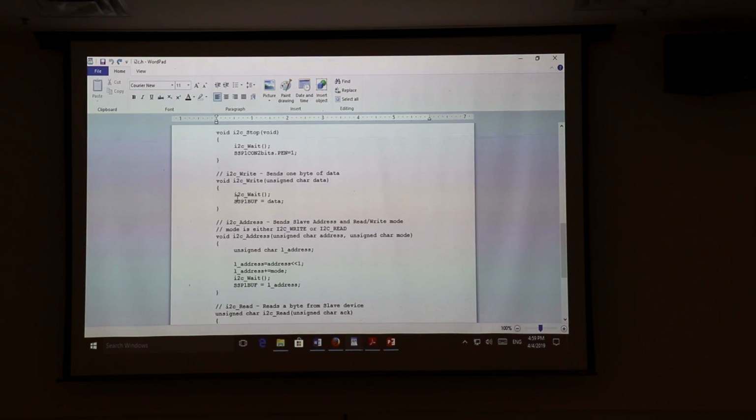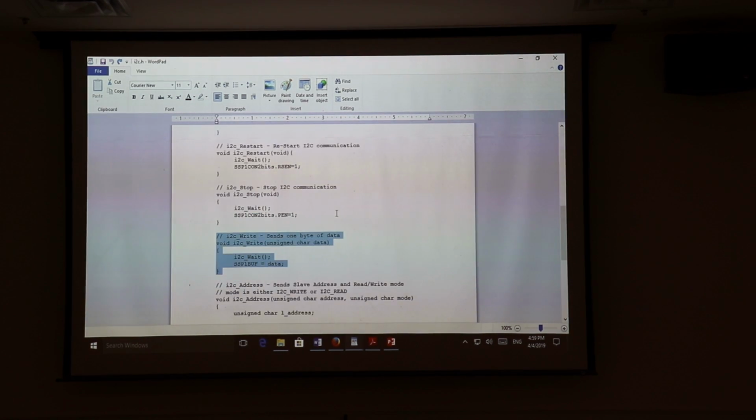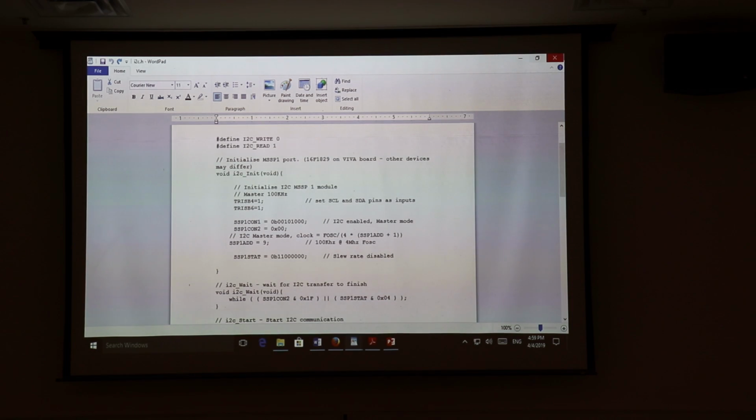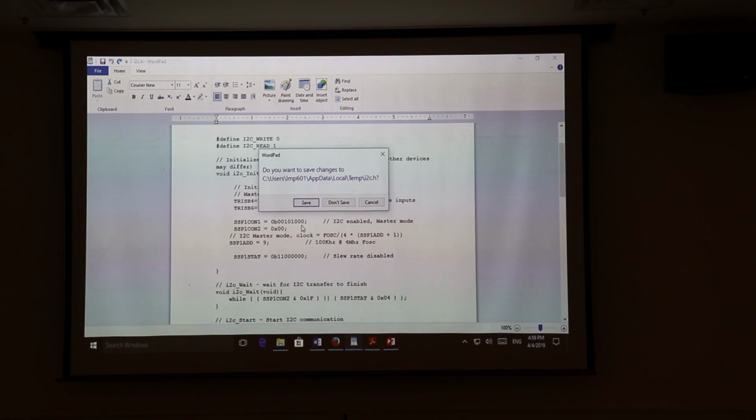Oh, there's the write. So here's the write. To do the write, it's a little easier. You just wait till it's not busy, and then you load the buffer with data, and that initiates a write sequence. Okay. So, yeah, this didn't really show what I wanted to show. So if we then look at the